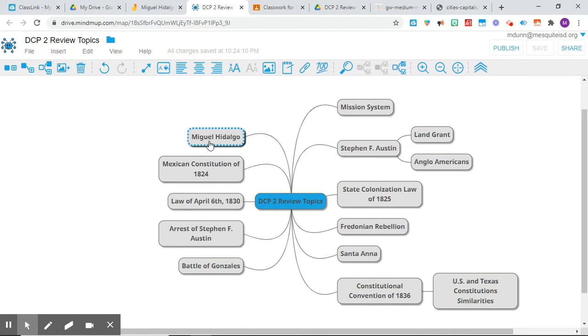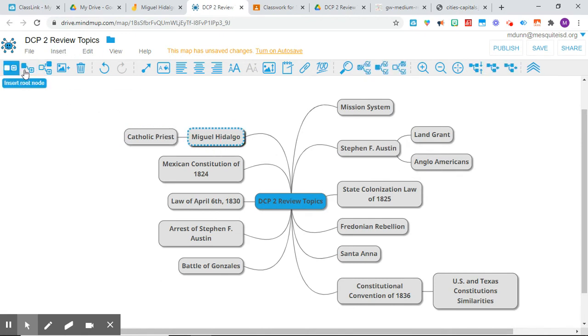Okay, you can see the blue dots around. And then I go over here to where it says this little connect dot thing. Okay, it's going to add a section, and then I'm going to put on here, "He was a Catholic priest." All right, so I know that. Okay,